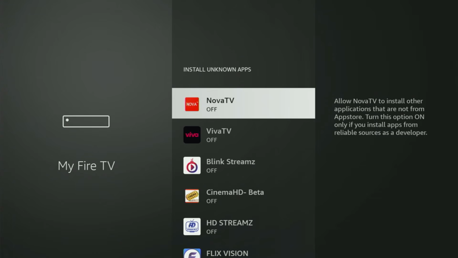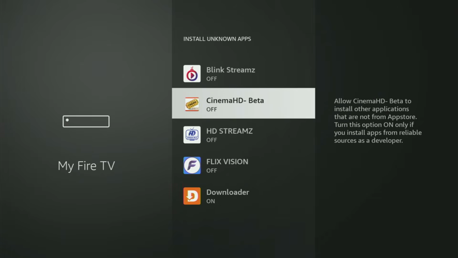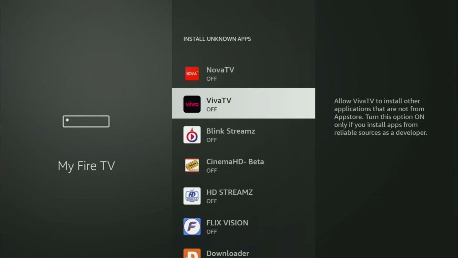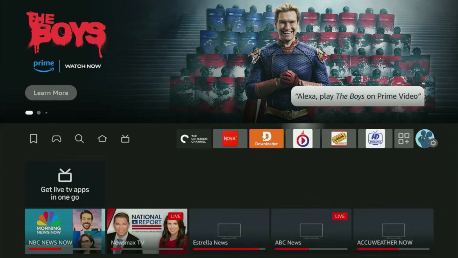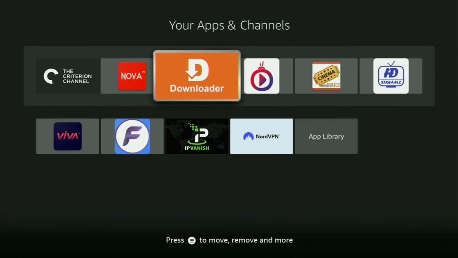And now what you have to do in here is locate downloader and turn this option on. So what it does, it's going to allow you to install other applications from the internet and not necessarily only those apps which are only available in your official Amazon App Store by default. And that's exactly what we're going to do right now. So now we go back to the list of apps on your Fire Stick. Here it is, we open it, and there's the downloader, which is set up and ready to use on the